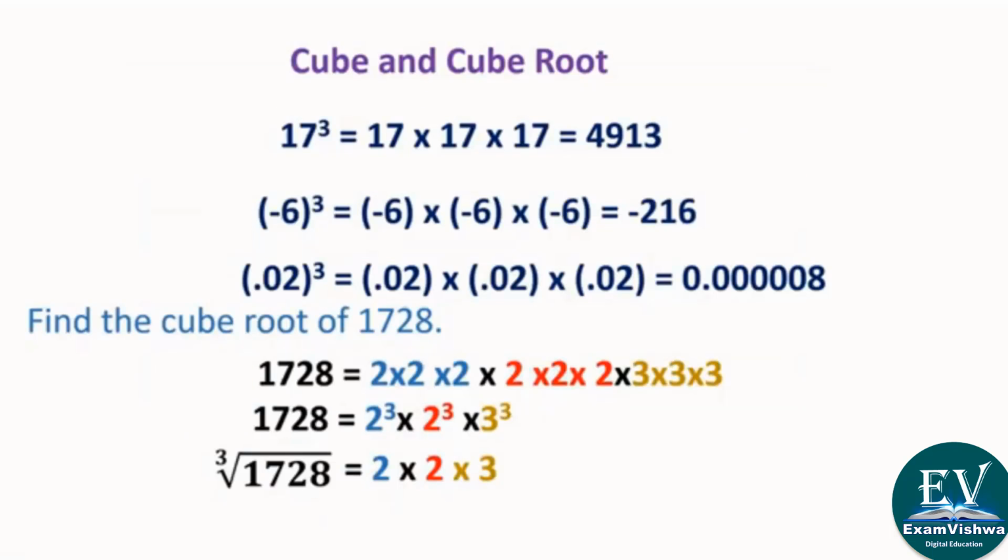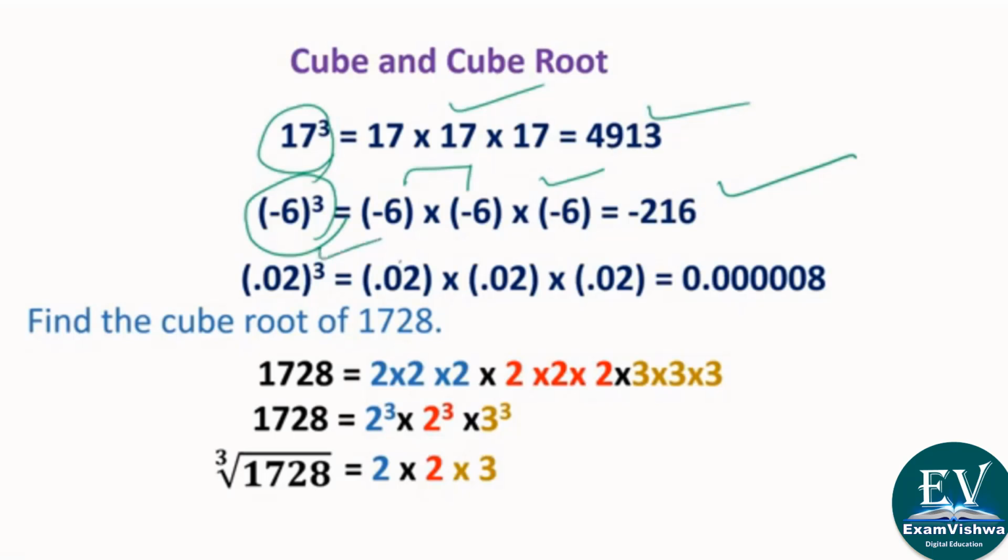Going ahead. Coming to the topic cube and cube root. अभी हम जो कर रहे थे अलग चीज था. Now this is different. You have the concept of cube very clear. This is the 17 cube and this is the answer. When it is a negative number, negative times positive, again negative, the answer will be negative. If it is having decimal number, 0.2 into 0.2 is 0.4 decimal point, again 0.2 is 0.6 decimal point, 2, 4, 6. Whenever the question comes cube root,